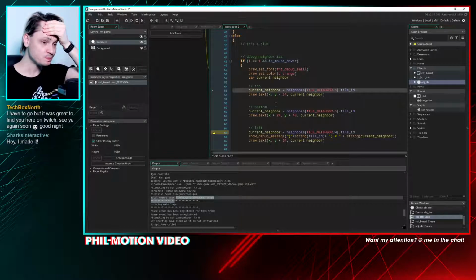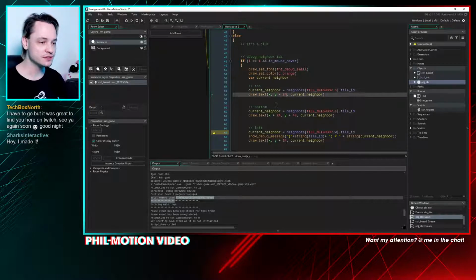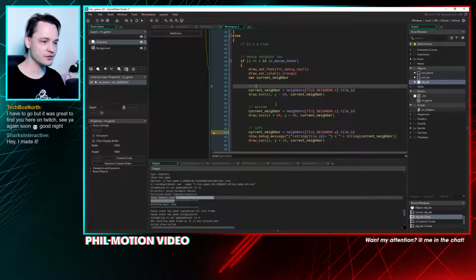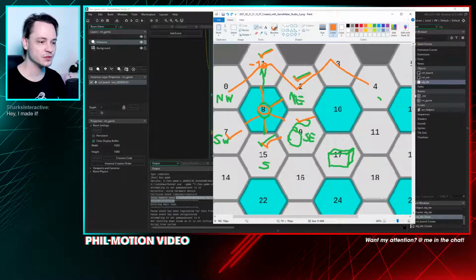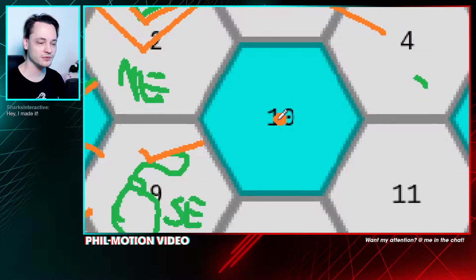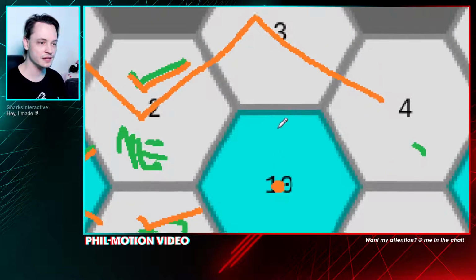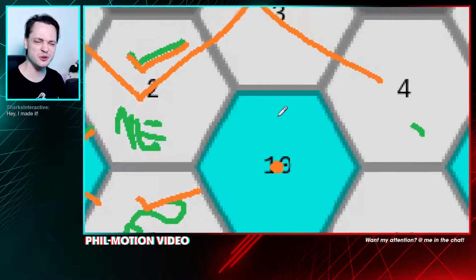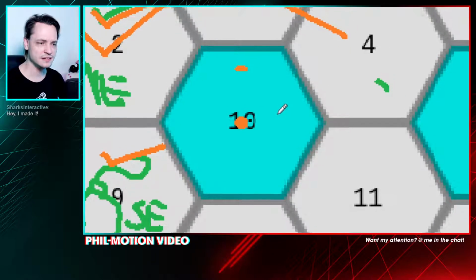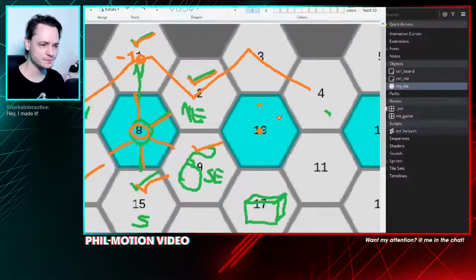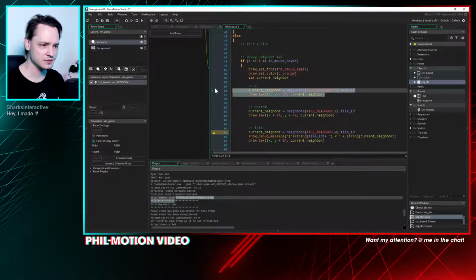Right, where were we? Plotting numbers, tile IDs of the neighbors. Good, so current neighbor equals neighbors. Good, okay, so we got the north neighbor. Then let's have a look at this thing here. So next is northeast, so we're going to draw this halfway between. This is the center point of where the things are drawn. For the north neighbor instance, I just subtracted 24 pixels, so this should be here. And for this neighbor, I need to add something to X and subtract something from Y, that we end up here. So let me just copy this over